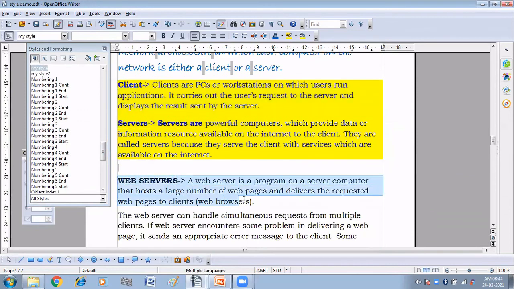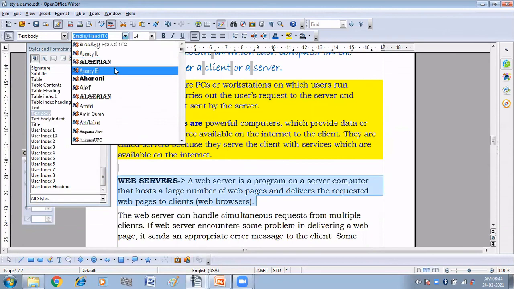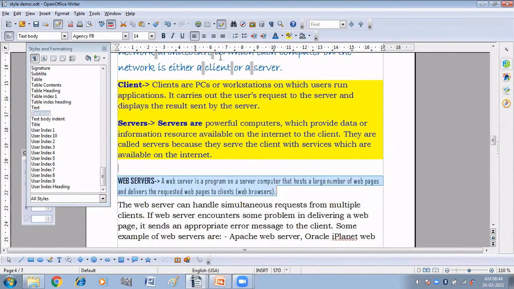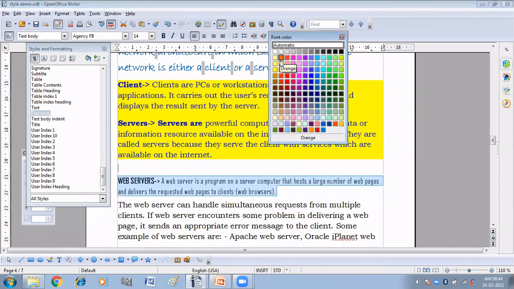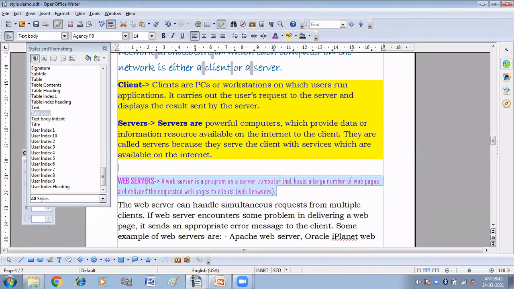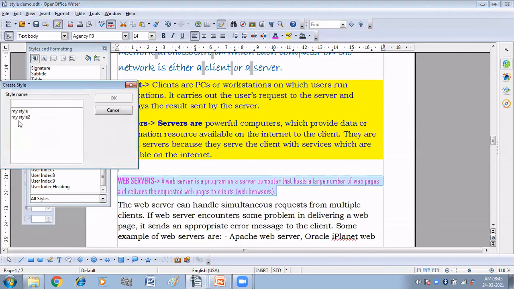Now here I'm applying some formatting, and the color is this. I'm going to pick and drop it here, and this is the S1 style.